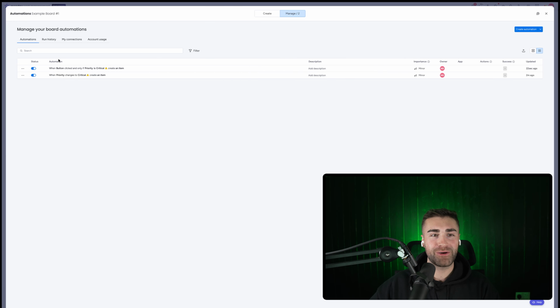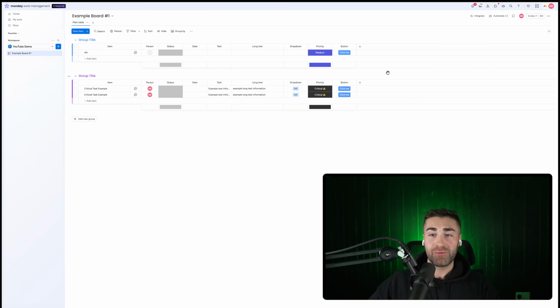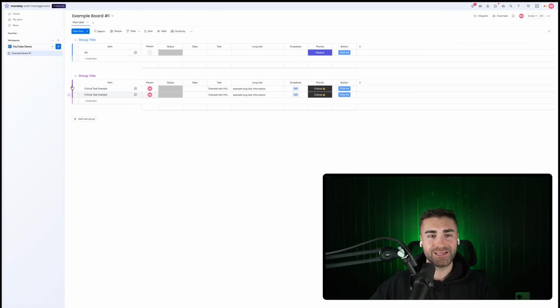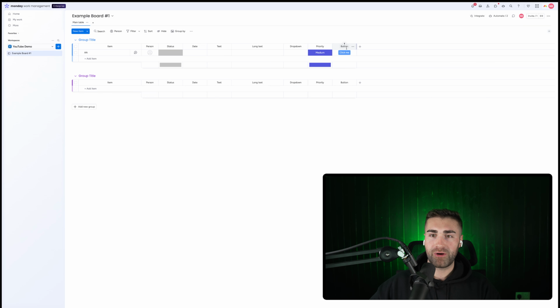Let's try that. If we go to automate again, where's that button? And only if priority is critical, then create an item. Well, this could be interesting. Click, in theory, shouldn't create. Maybe Monday just had a little bit of a moment there, bless it. Let's try this again. If we just go ahead and delete these two options, and then we will press